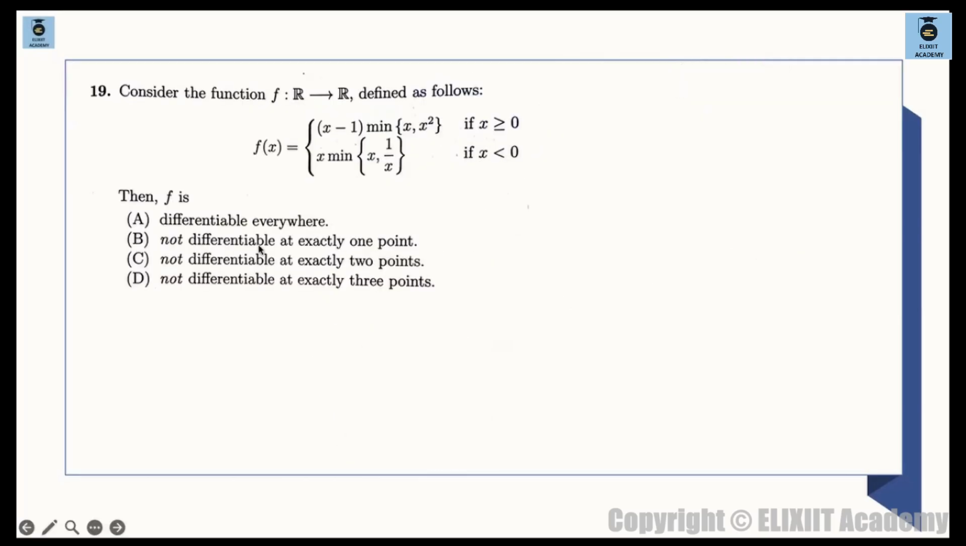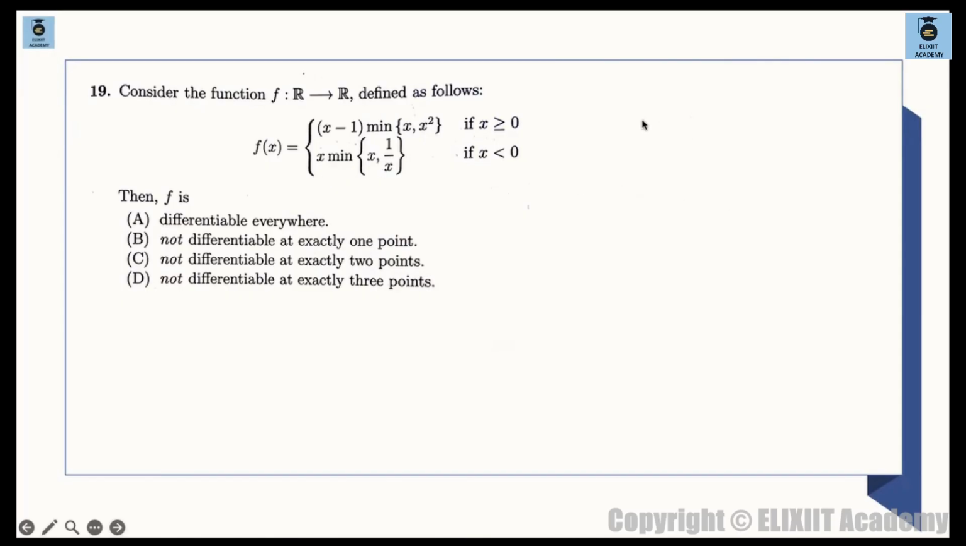ओके, we have this next question which says that consider the function f from R to R defined as follows: f(x) is (x minus 1) times minimum of x comma x square when x is positive, and x into minimum of x comma 1 by x when x is negative. So we need to comment on the differentiability of this function. ठीक है, हर एक में देखो differentiability they have said, differentiable। तो let us define this function।